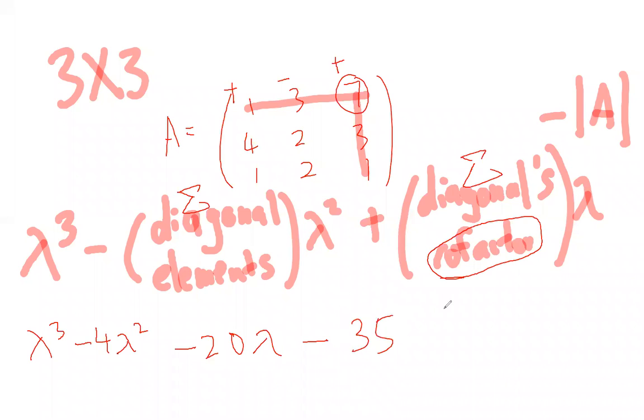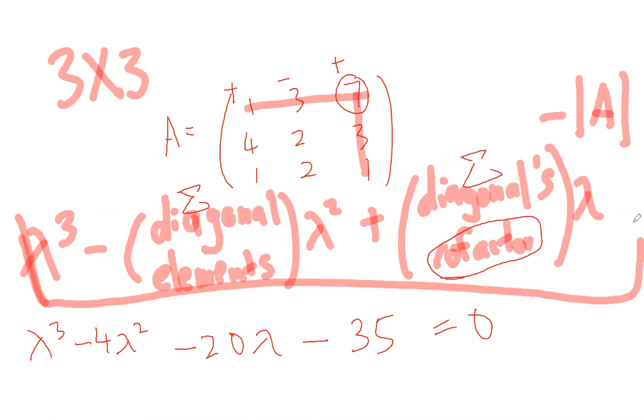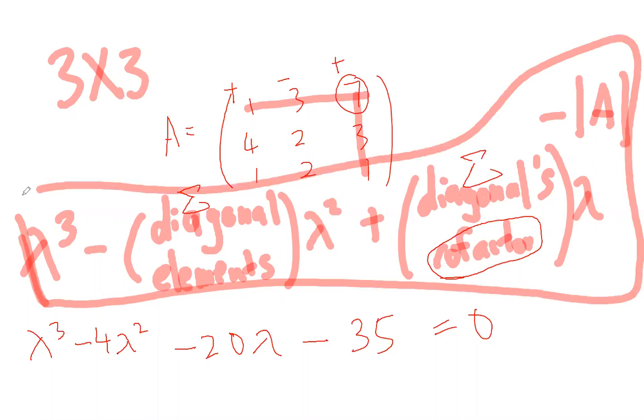And this is the characteristic equation equal to 0. Then I found my characteristic equation. So you can note down this shortcut. It makes your life much easier. All right, so once we get this